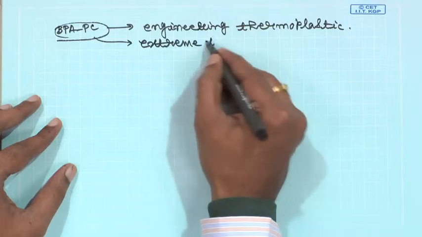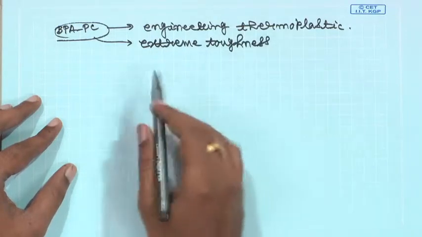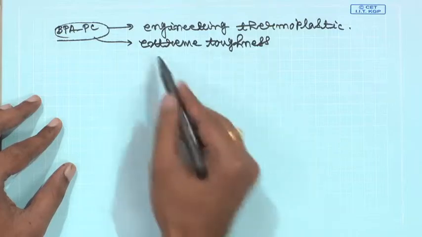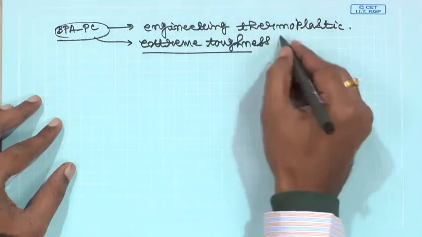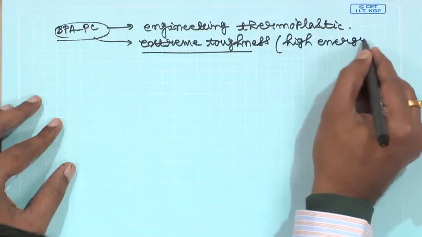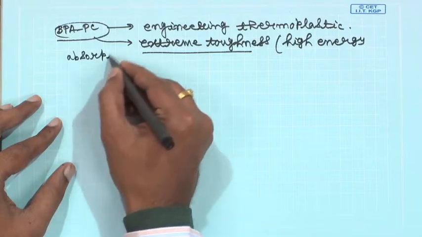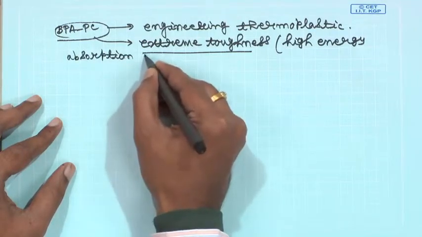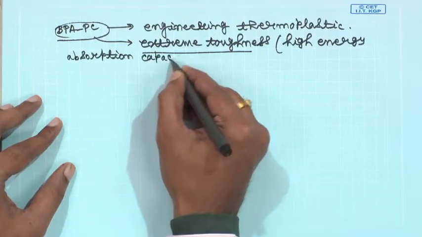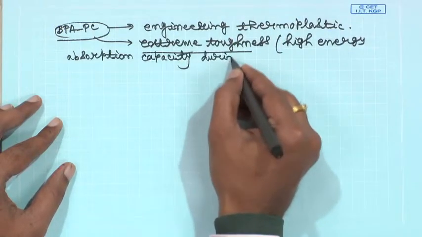Now I am going to write it down so that you have some time to ponder over the importance of these particular points. Extreme toughness means basically high energy absorption capacity during impact,